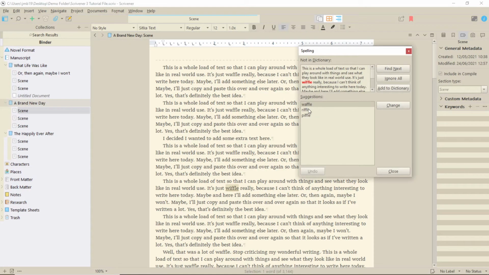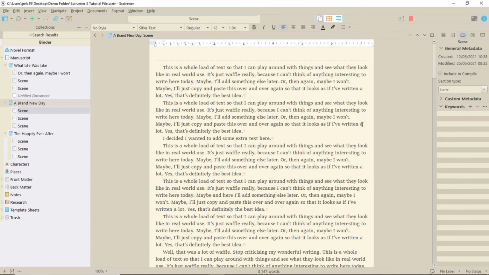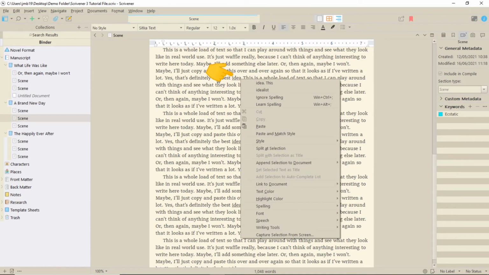The spell checker looks much like those in other applications. It will highlight what it sees as errors and give you suggestions if it has any. You can also ignore suggestions and add to your dictionary. The disadvantage, of course, is that you can only do one text document at a time. However, as Scrivener does automatically underline potential errors, you can simply look for these and right-click for the options.